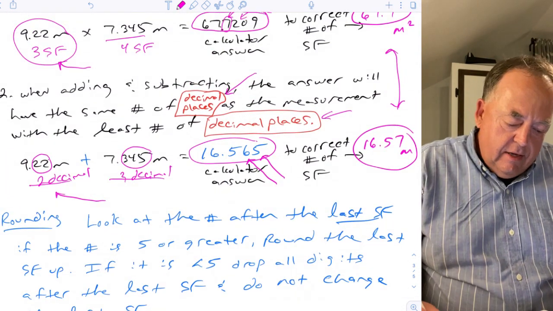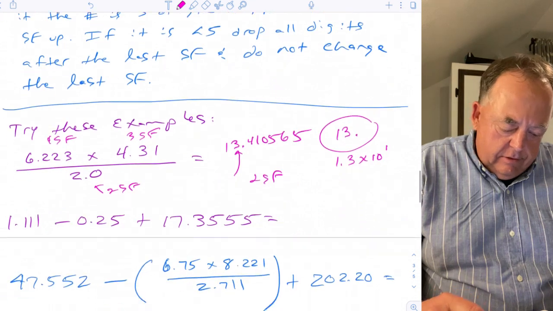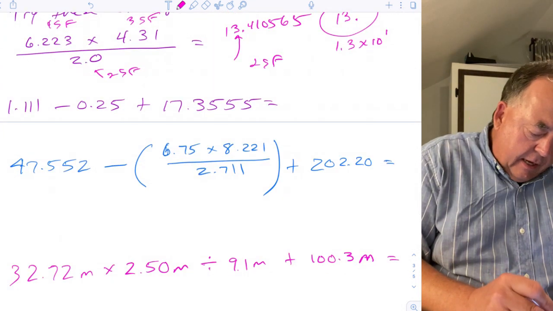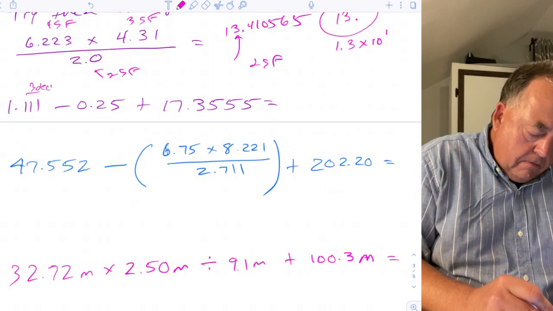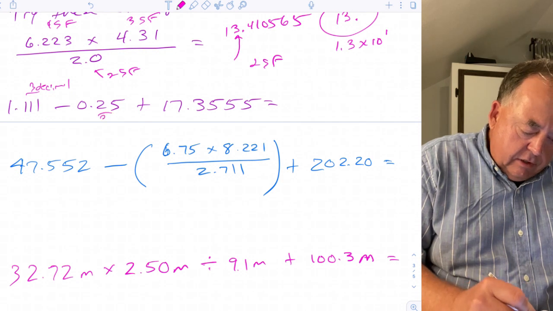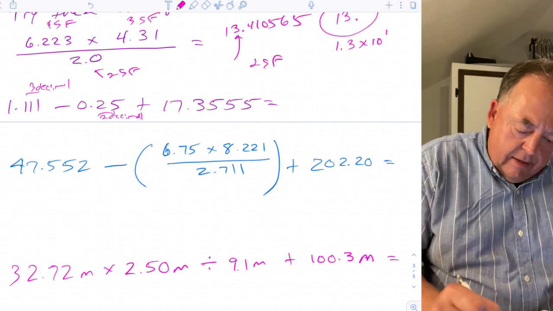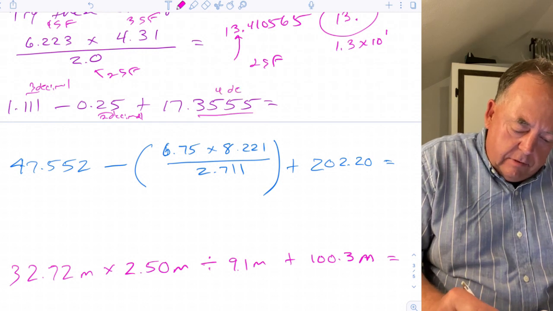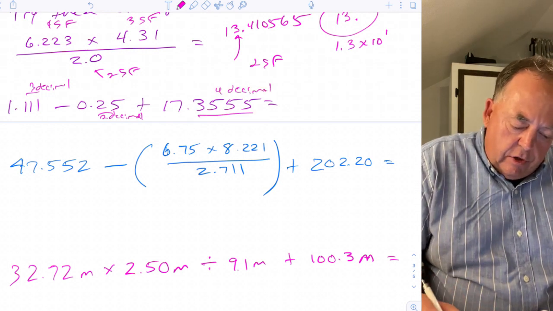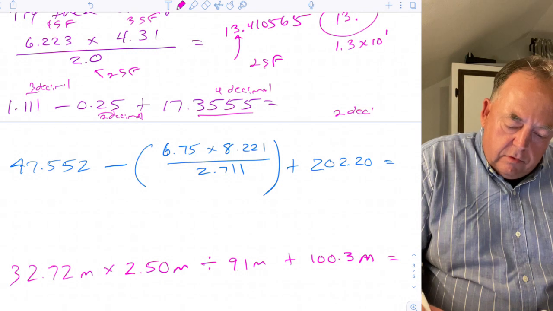Okay, and this next problem, you're just adding and subtracting, so the only rule that matters is number 2 here. You just keep track of decimal places. So this number has 3 decimal. This number has 2 decimal, and this number has 4 decimal, so your answer will have 2 decimal